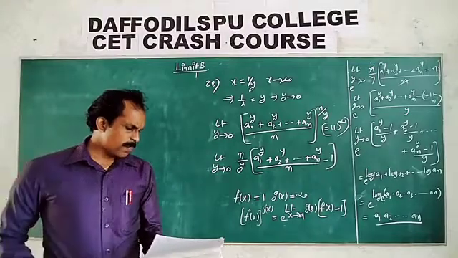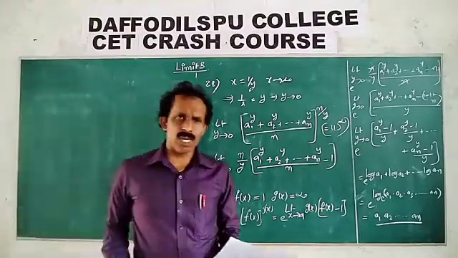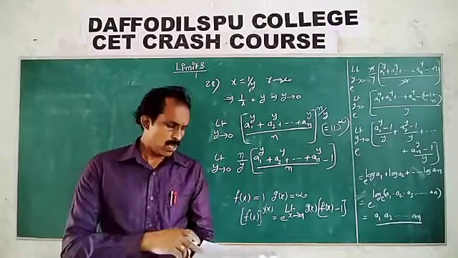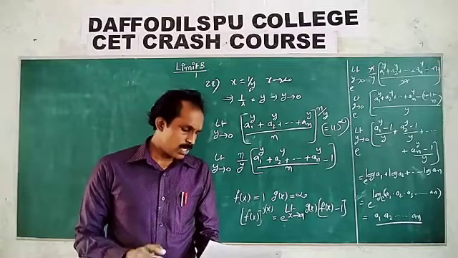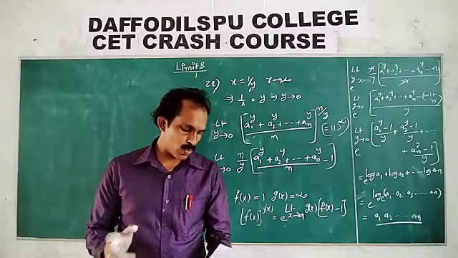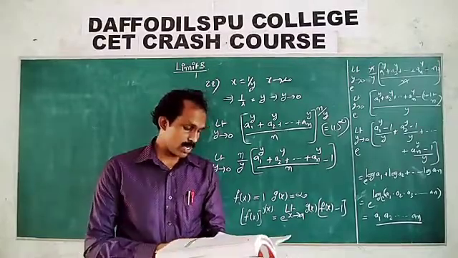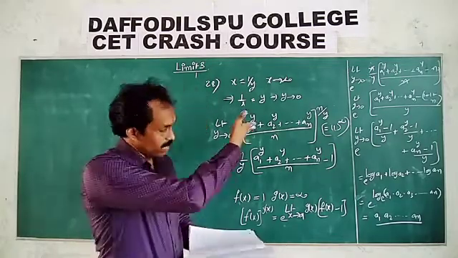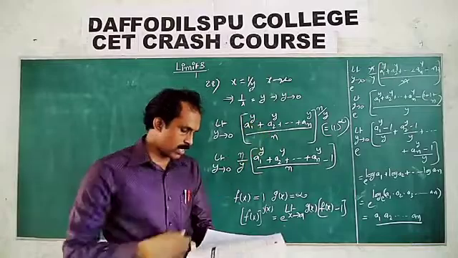You try: (e^x - 1)/x. If you want x plus sin x, multiply and divide by sin x. For sin x by x the value is 1, and (e^(sin x) - 1)/sin x is also equal to 1. So the third option is the correct answer. Questions 29 and 30 are homework. 30 is also the same model. You try this problem. Okay, clear?